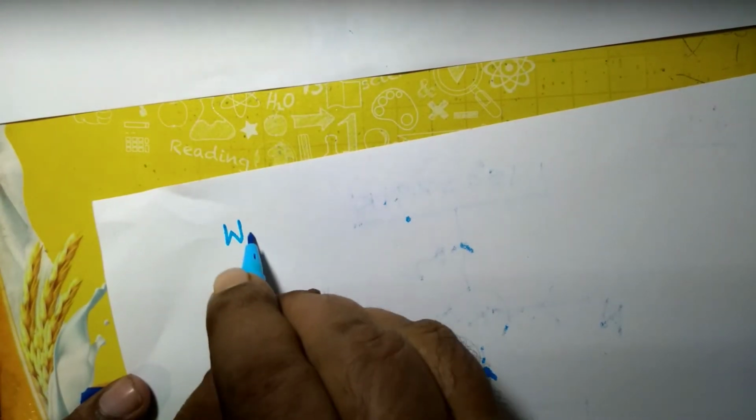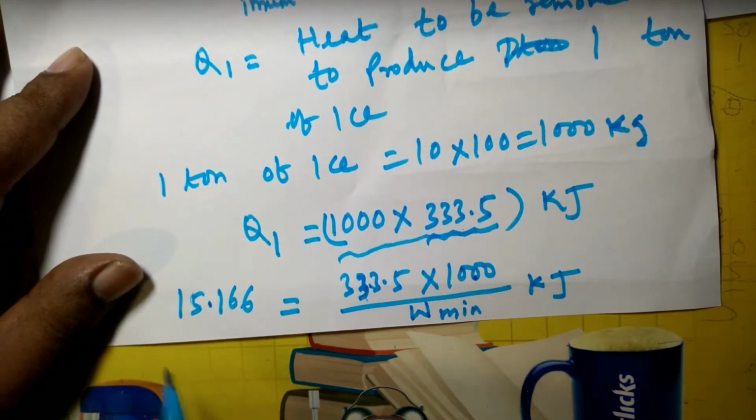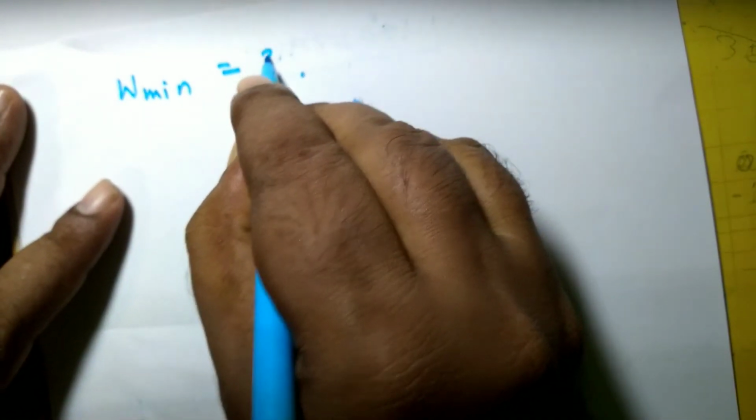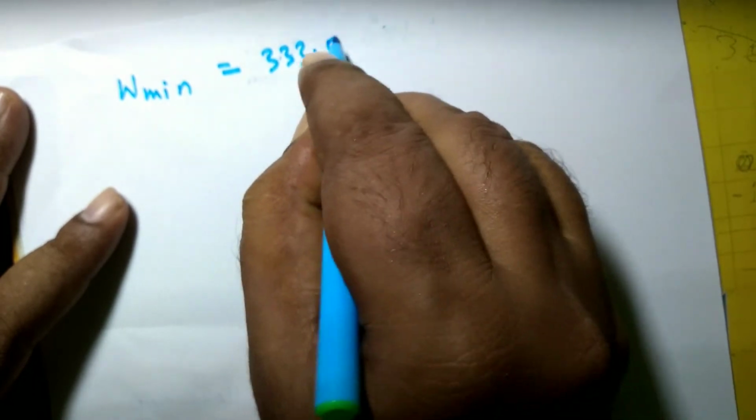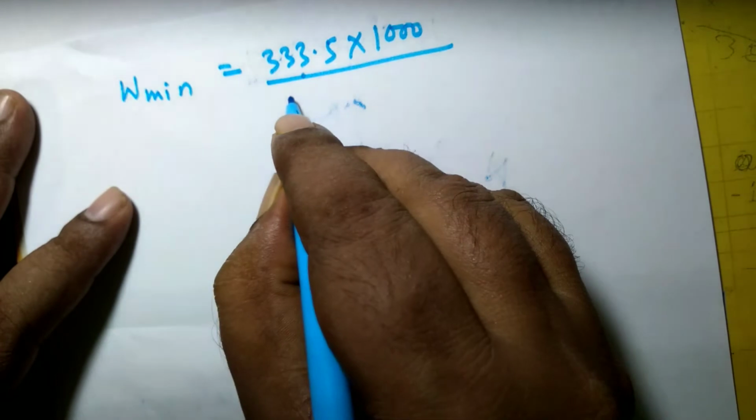What is the minimum work required? W minimum is equal to this into this divided by this, 333.5 multiplied by 1000 divided by